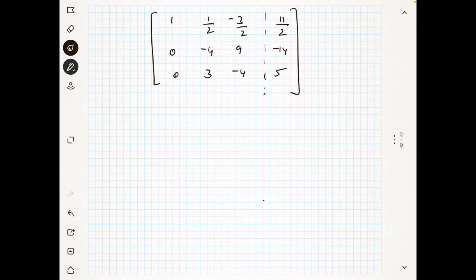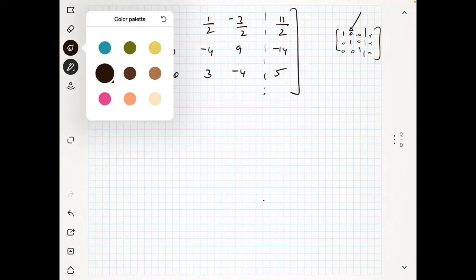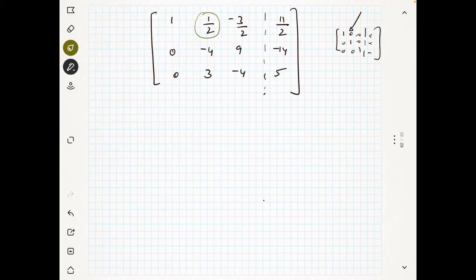Now what is my procedure? According to my procedure, 1 1 1, this is 0 0 0 0 0 0, and here some elements are there. Now I want to convert this guy to 0. That's what my objective is. So what will I do? Now I will convert this to 0. How? You see,